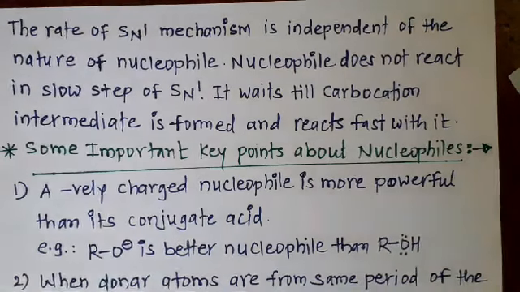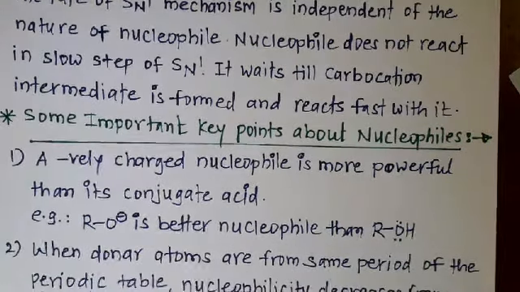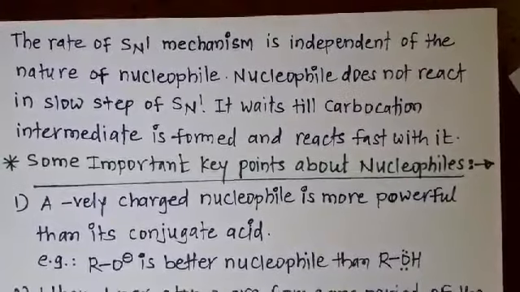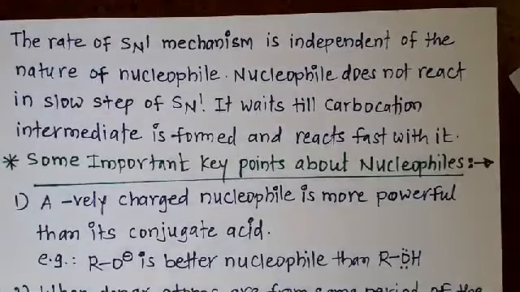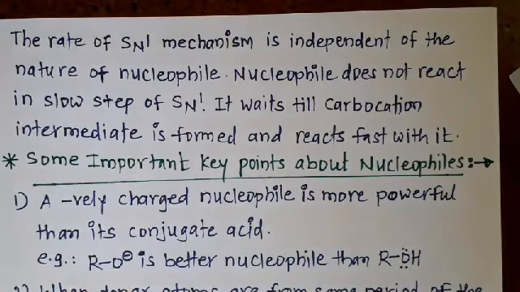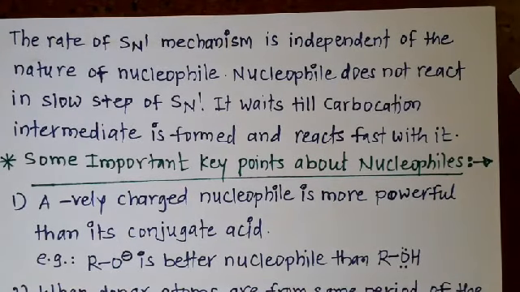Because these negative charges are free, and they easily attack the electrophile. But here the lone pairs do not move as easily as the electrons present in a negative charge. Hence the negatively charged nucleophile is much more powerful than